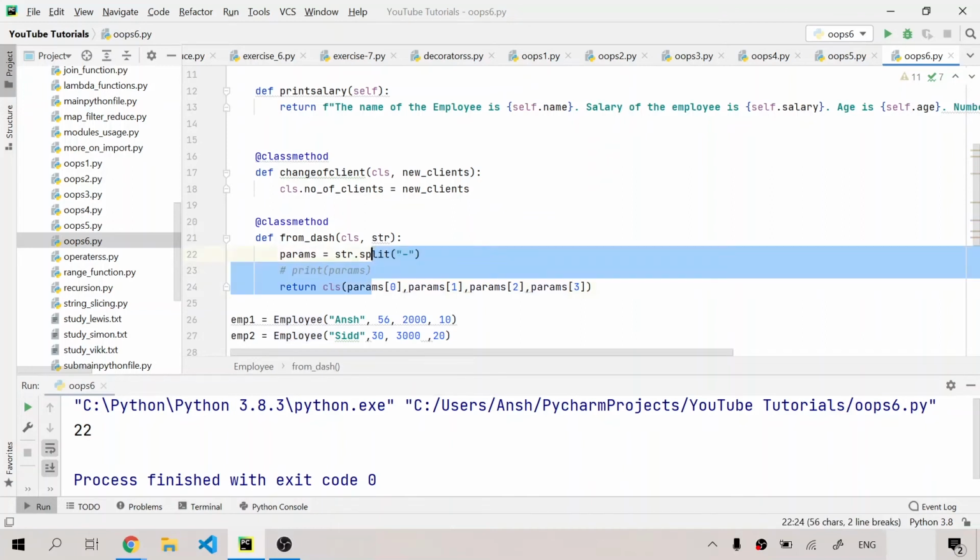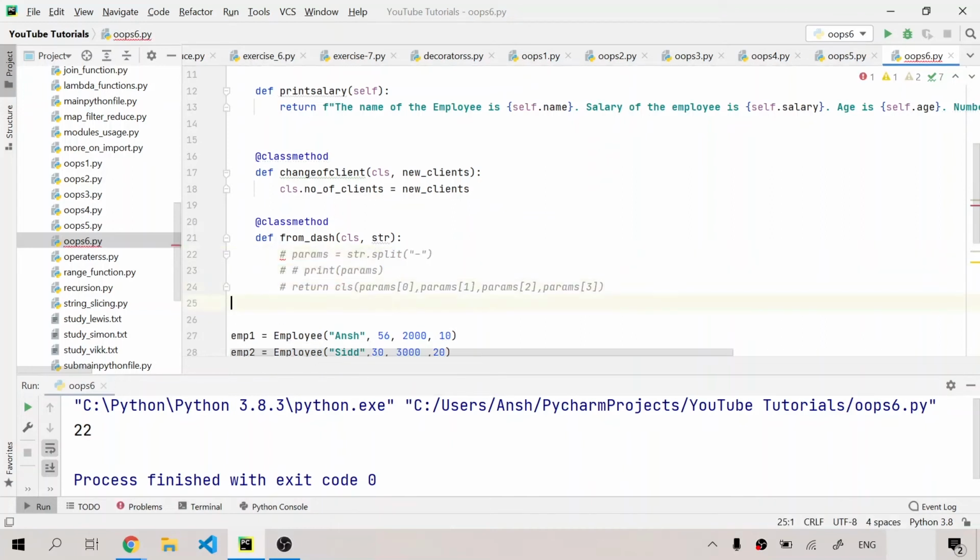So if I comment this out, and if you guys have seen my video in which I talk about args and kwargs and how we can provide a list as a parameter inside a function. So if you have looked at that video, please make sure that you do. The video is in the playlist. I think it's the 40th or 36th video.